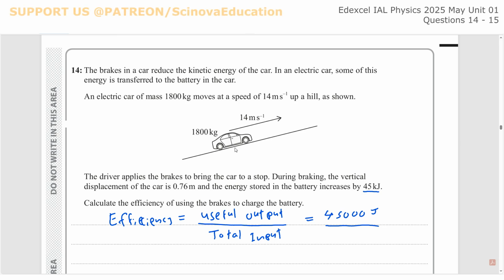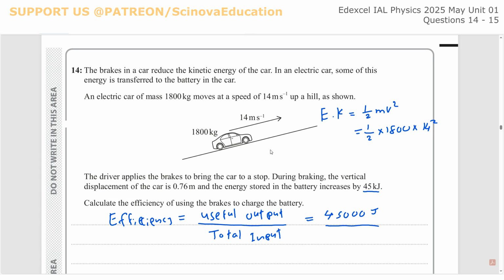In this car, initially the car has a kinetic energy, so we can calculate the initial kinetic energy of the car using half mv squared, where half, and the mass would be 1800, velocity or the speed would be 14 squared. However,